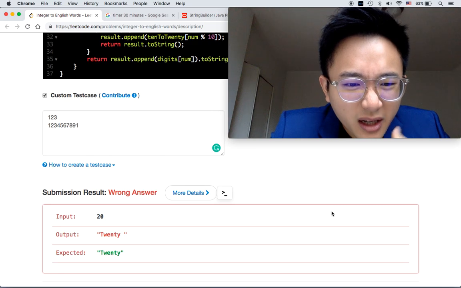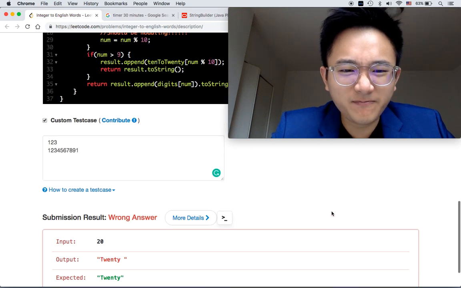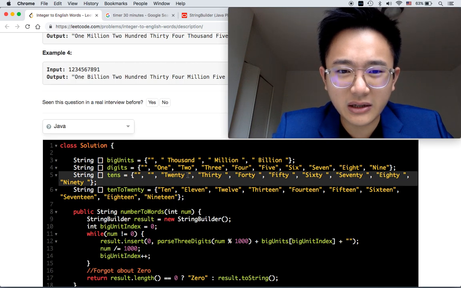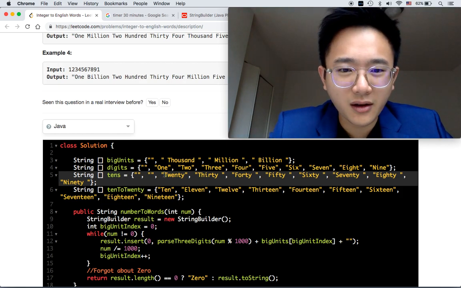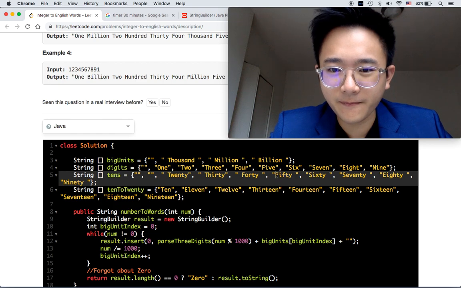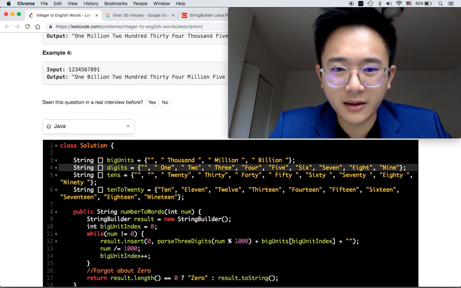Wrong answer again? 20? What the hell? Oh, I should... Fuck! So I shouldn't put a space at the end. Okay, so I should put this one, but what if it's like 23? Then we need a space. Okay, so we'll do this. We'll put the space in the front. Okay, and then we'll put the space at the front of all the